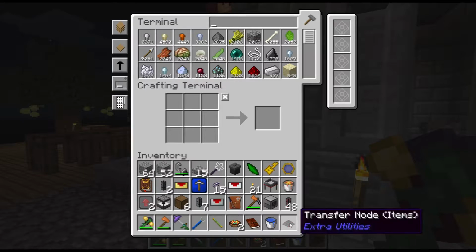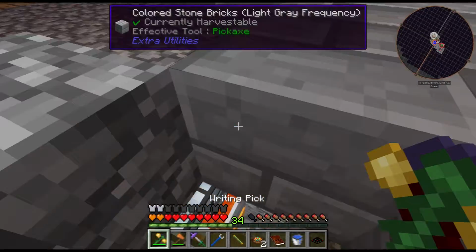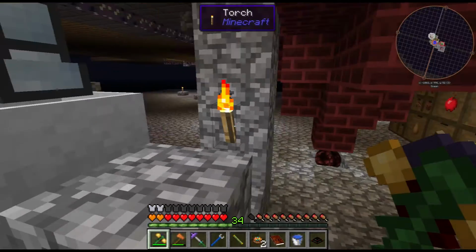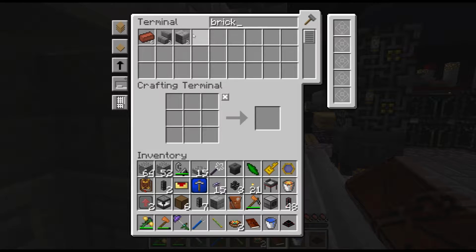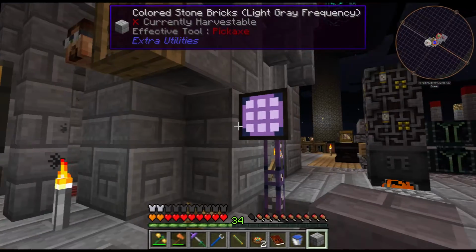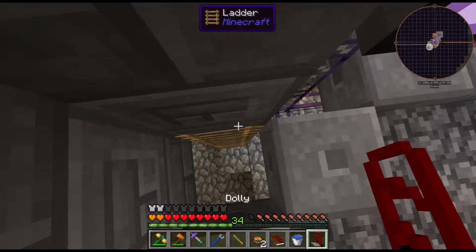Get rid of that. We'll drop those in there for now. Through that way. Okay. Now then. We need a couple of brick. There we are, two stone brick. Perfect. Floor sealed. Alright, oh, and then we need the dolly. There it is. Because we're also going to move...